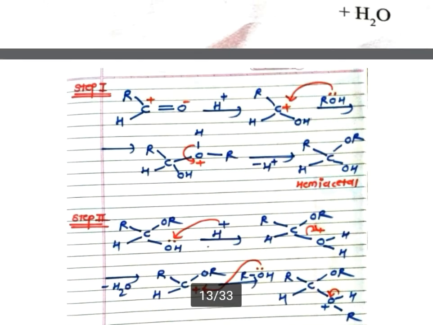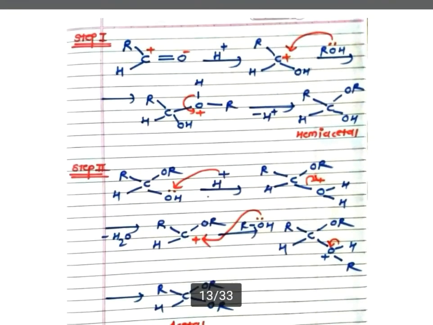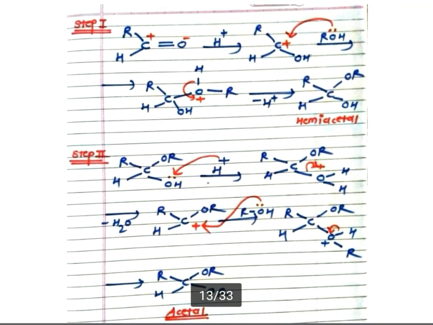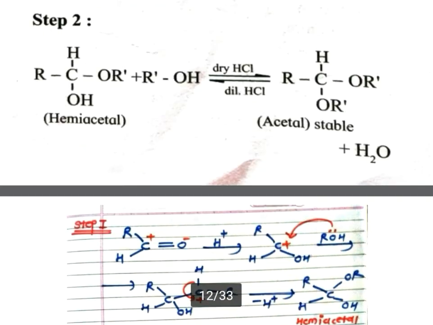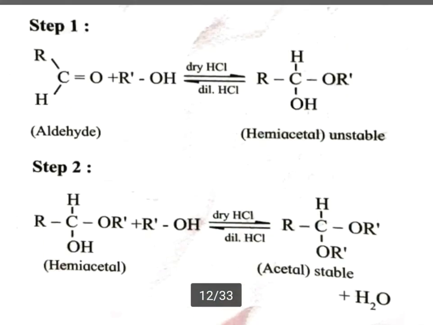so this is the addition of alcohol across any aldehyde or ketone. If here instead of H I write R, then it will be a ketone. Okay, so this is a very simple mechanism. I already told you that the mechanism is not important from your exam point of view, but for understanding I explain the mechanism. So what is the short trick for remembering